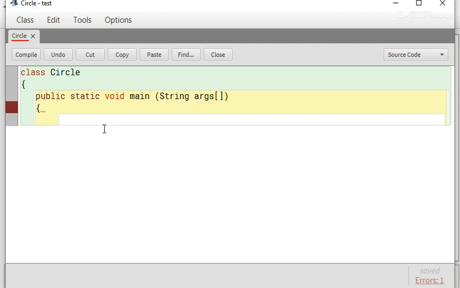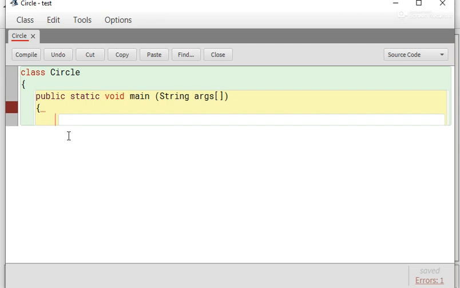From this point, we will start our program according to our question. Here we have to find the area of circle. Then according to the rule of input process and output, first we decide what are the inputs. Like to calculate the area of circle, we need the value of pi and the value of radius. So first we declare the variables to store value of pi and the value of radius.